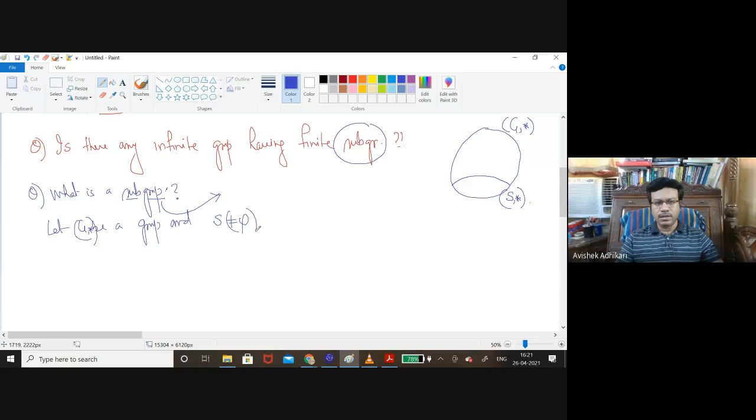non-empty subset of G. Then S with respect to the star with restriction. What does it mean? You have already encountered the restriction of a function. As I mentioned, this is a binary operation. So it must be a